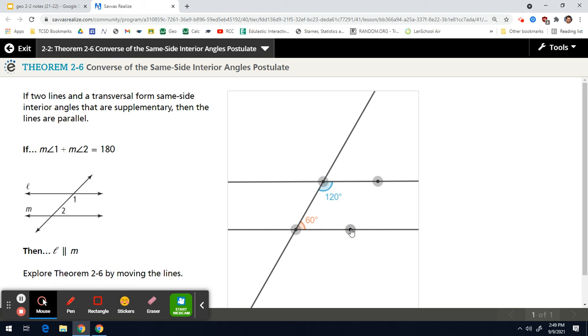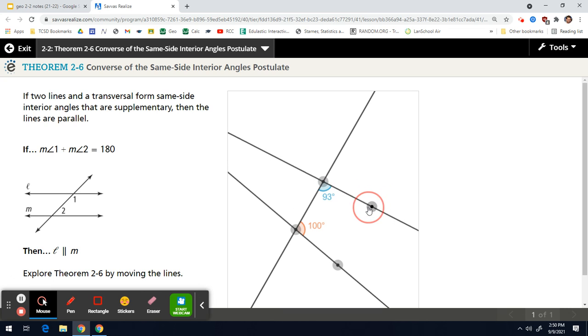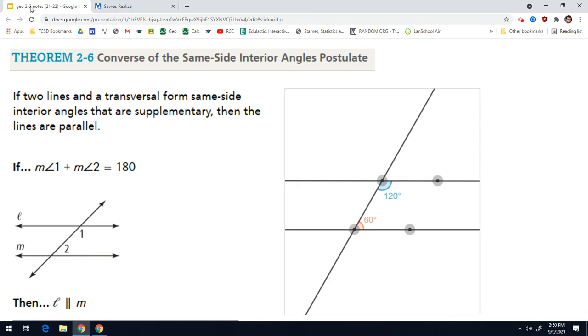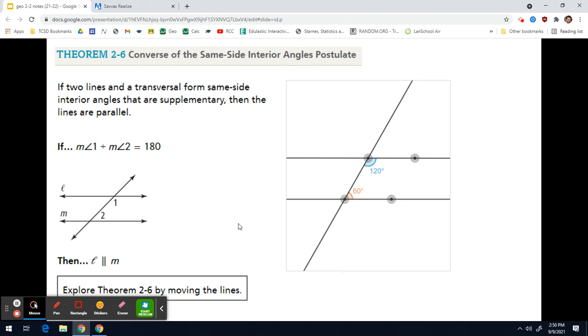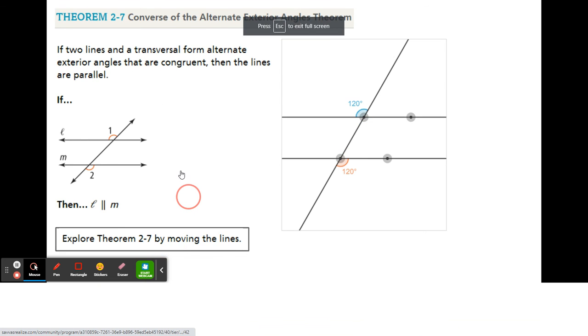there you go. And now if I try to move it, so say this one is, what? We'll go 100. This one better go to 80. And because those two angles add up to 180, the lines would be parallel. So there you go. All right, last idea on this video here is going to be,